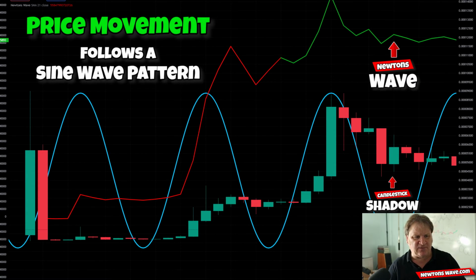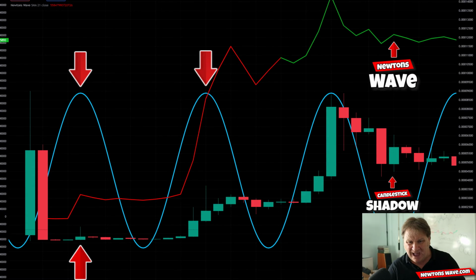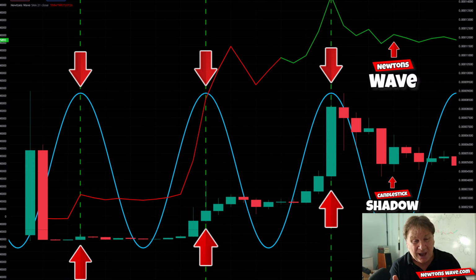So let me bring the sine wave up. So here's the sine wave. Now let me bring the arrows up for you, right? So let me bring these arrows into this and just remove that from there. Now if you look at the arrows here, right, do you really and utterly think that it's a coincidence that on each of these lines here, on each of the peaks of the sine waves, right, that the price just happened to rise at that particular moment, in that particular month, on that particular day? So this is the technical analysis. This is the science. Trading is a science. It's not about pump and dump, and this is just what I wanted to open your eyes to.